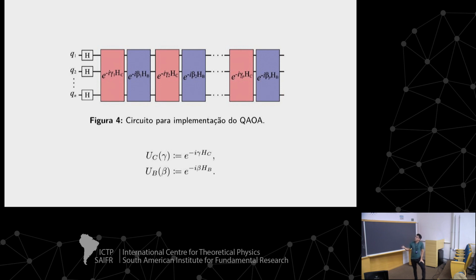So you want to repeat this structure many times. That is the depth of your QAOA. In the original paper, they claim that with one repetition you could get a good solution. In practice, you have to put in some layers. In the example, we use 5 layers, 5 repetitions of this blue and red scheme.